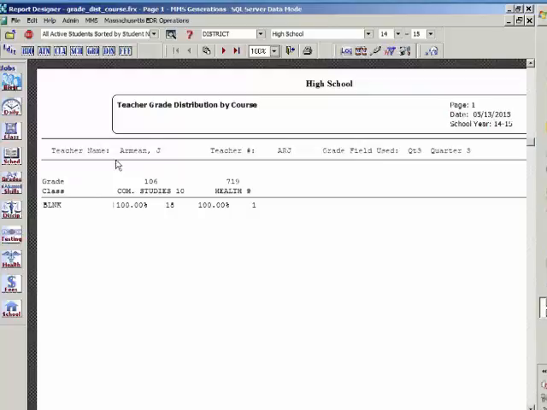So for Miss Armin, we can see here she has one course and it's communication studies and health. She has two. And we have no grades. Both of them have blank. Oh, that teacher actually had, oh, they're all blank. I need to start entering in some data here. So let's